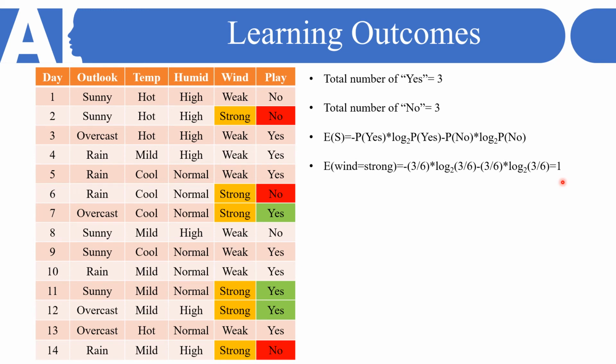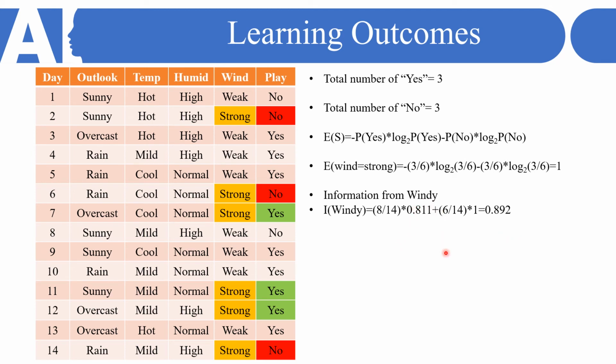Similarly, now we can calculate the information from this. So the information from windy is equal to, if we see the previous slide, for weak there are 8 options. So 8 by 14 into 0.811, which was the entropy, plus for strong we are having a total of 6 outcomes. So 6 by 14 into 1, which is the entropy value here, and if I add these two values, then I will get 0.892. So this is the information we are getting from windy, or wind.